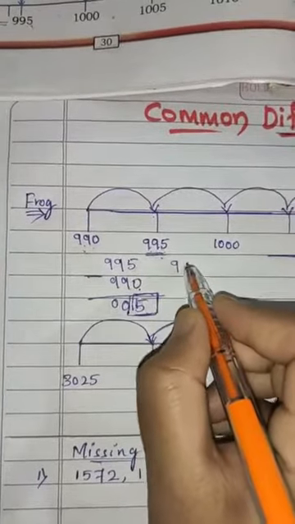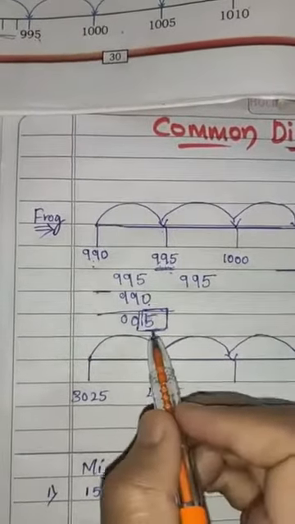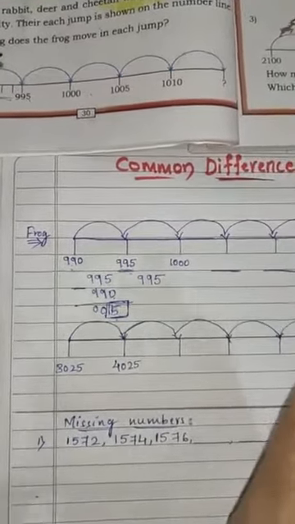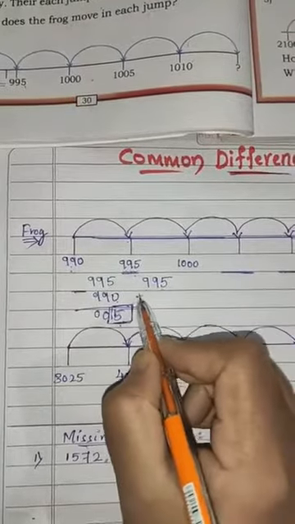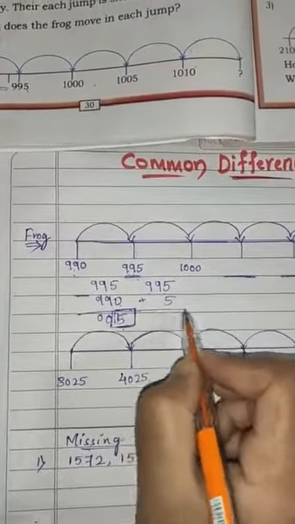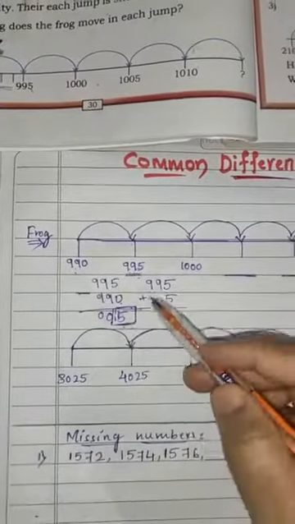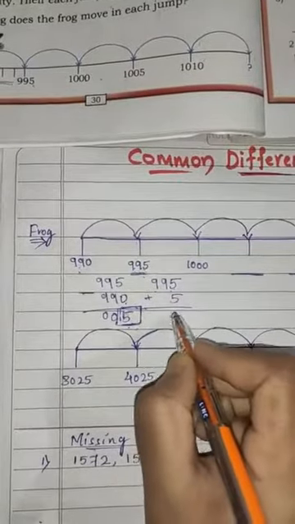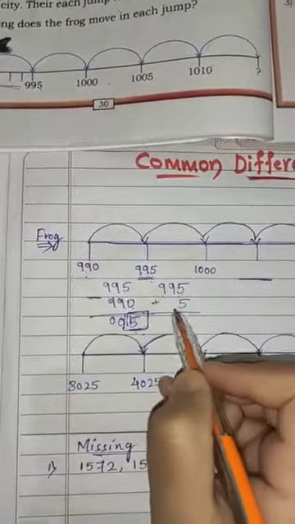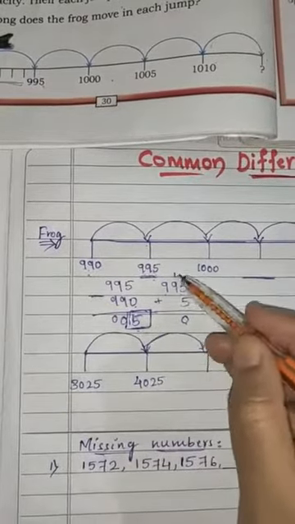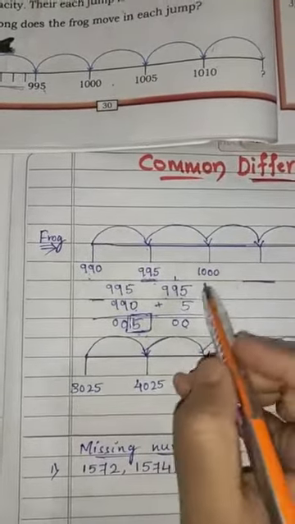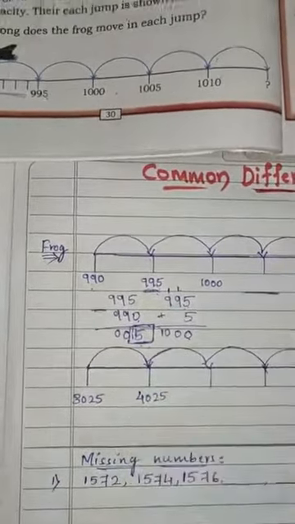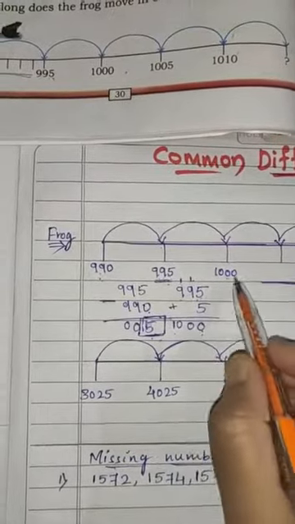Okay. So we'll write this number here, 995. Now we have to keep on adding 5 each time to each number. So 995 plus 5, because the difference between each number is 5. So we have to keep on adding 5 to each number every time. So 5 plus 5 is 10. We'll write 0 here and carry 1 to the tens place. 9 plus 1 is 10. Again we'll carry 1 to the next place. 9 plus 1 is 10. So the answer is 1000, right? So here it is, 1000.